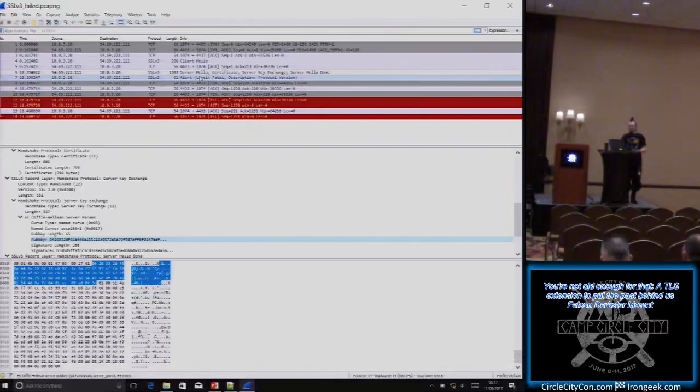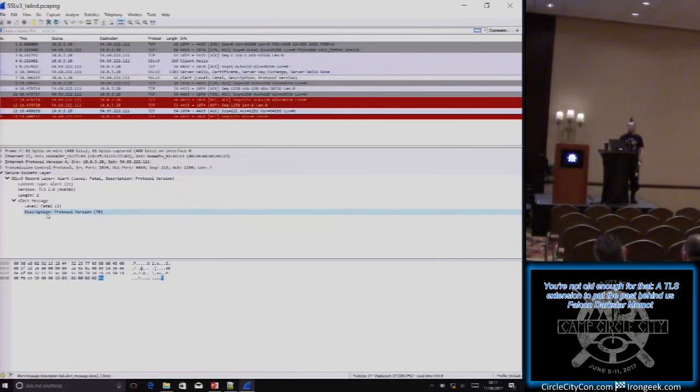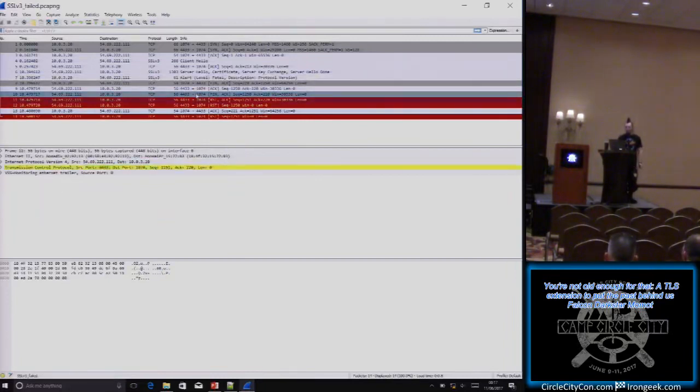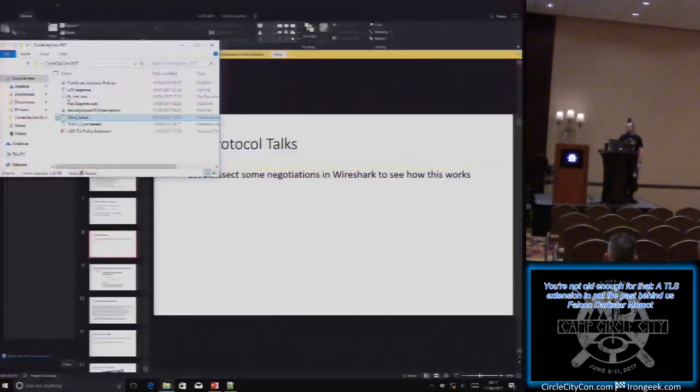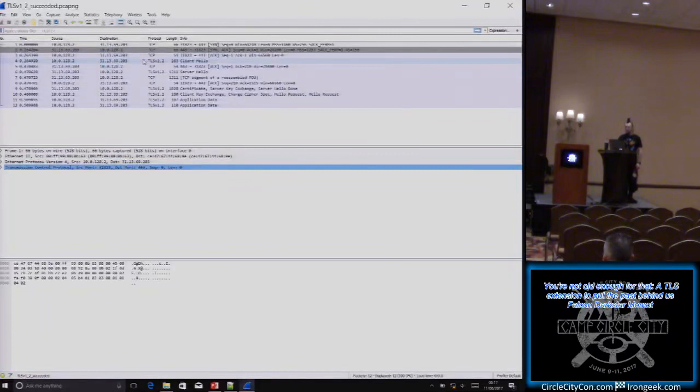So, at this point, we were just about to negotiate SSL v3. My client for this did not support SSL v3 because we were mitigating the poodle attack and turned it off. And so in consequence, it says, well, all right, I'll just send the lowest version that I speak, which is TLS 1.0, and I'll tell you, no, this is not going to work out. Our protocol version is too low. I'm going to send you an encrypted alert that says, we're done here, we can't talk. And then the TCP connection is closed, there are fins, resets, all these things happen. So that's what happens when an SSL connection fails to be made because of the negotiation failure.